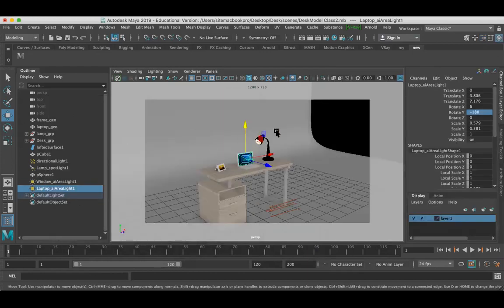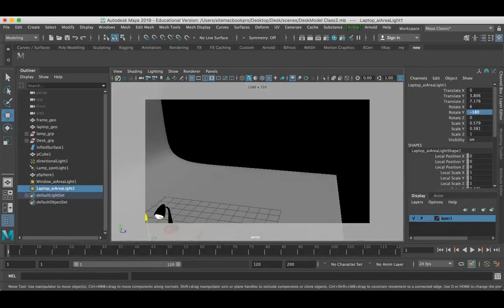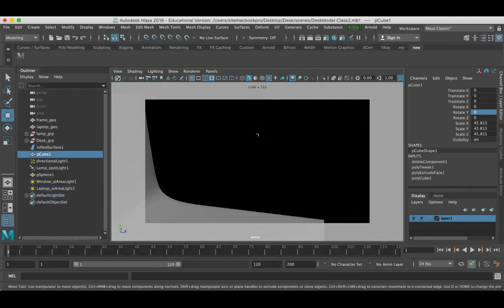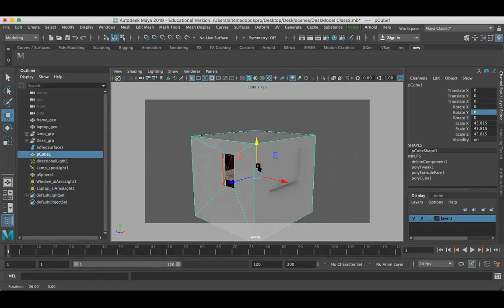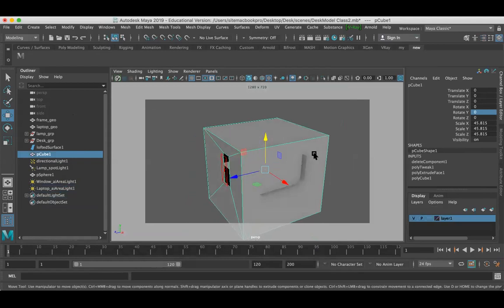The only problem is, you can see this black. Okay, this is nothing. There is a big concept here. This is a normals issue, a face normals problem. You will learn it in the 3D modeling part.